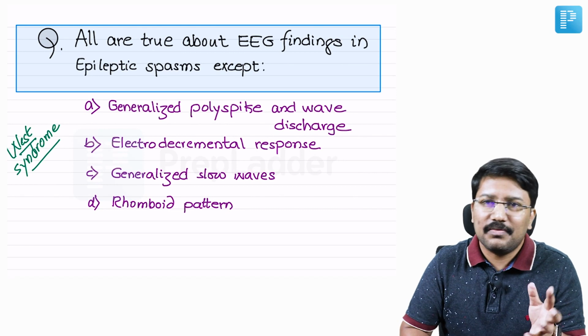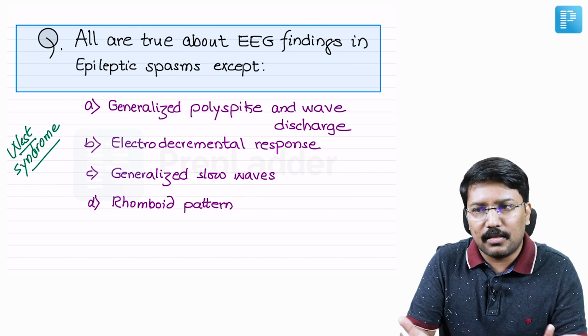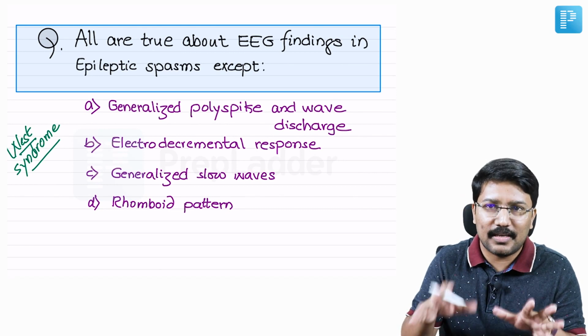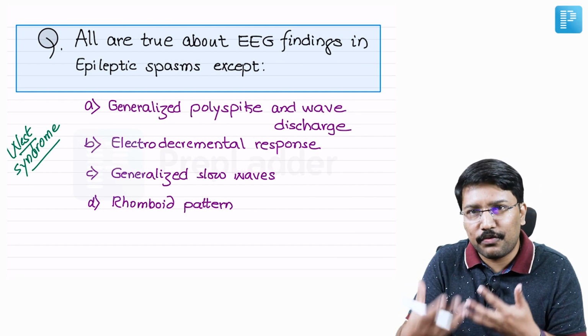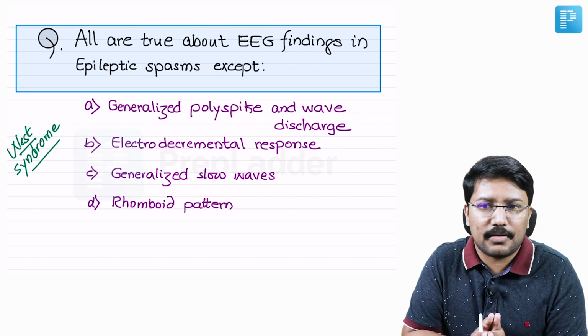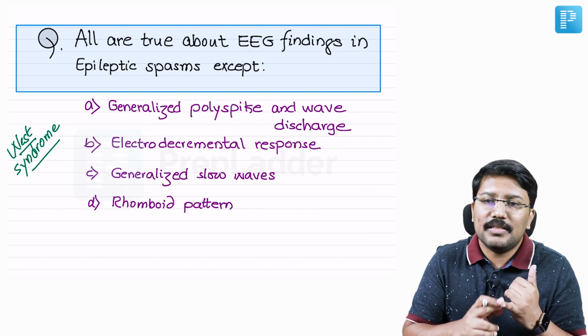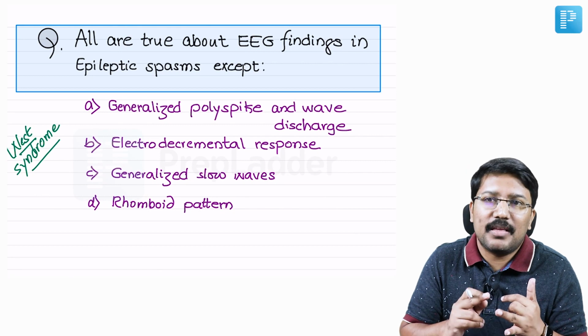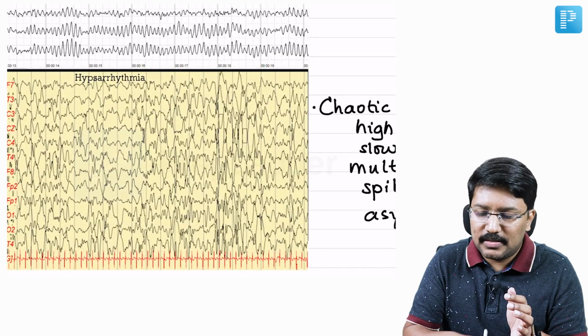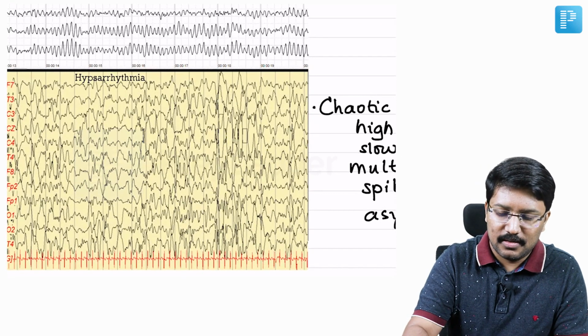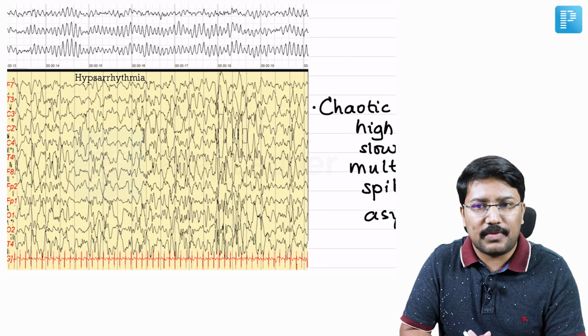Okay. This question, we had a little difficulty collecting the options, so I am not sure if this is exactly how the question appeared in the examination, but the way I have framed it, I'll try to answer it according to that. So this question is about West syndrome or infantile spasm EEG changes. So what do we see in EEG in patients with West syndrome? We see characteristic hypsarrhythmia. This is what we are very much familiar with, hypsarrhythmia.